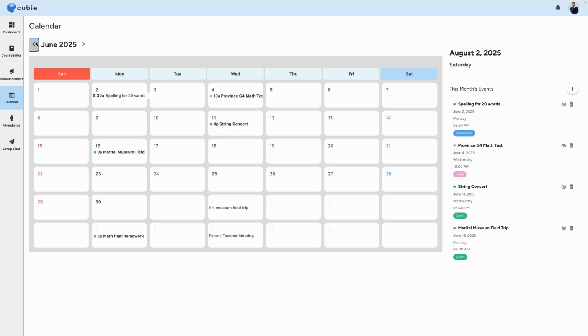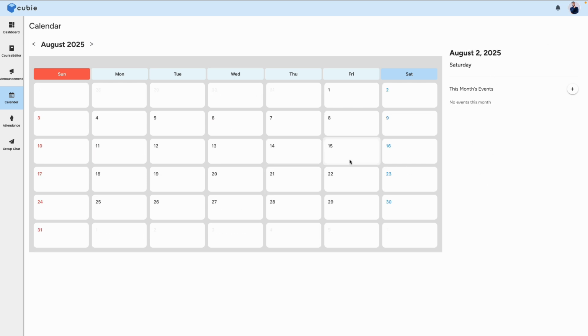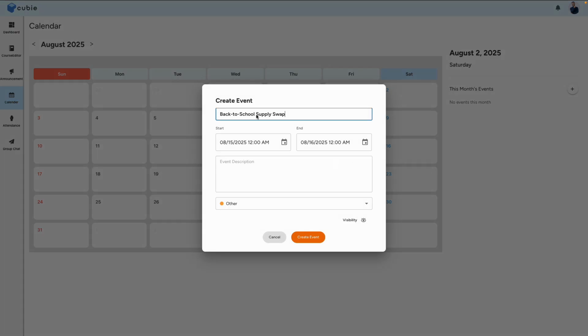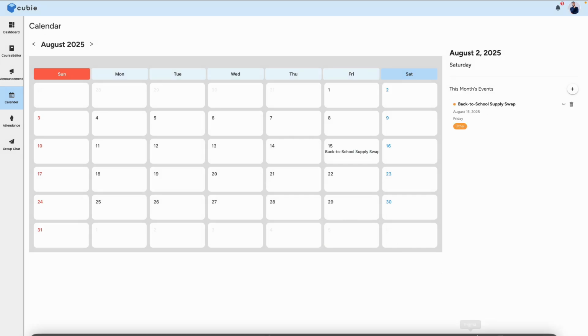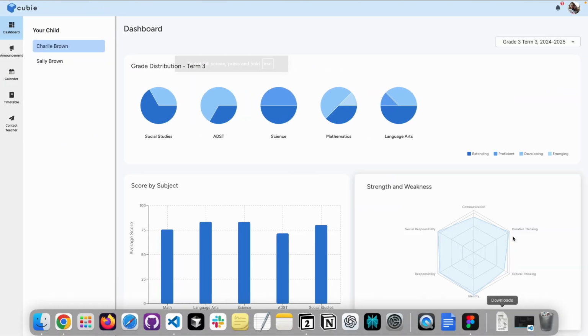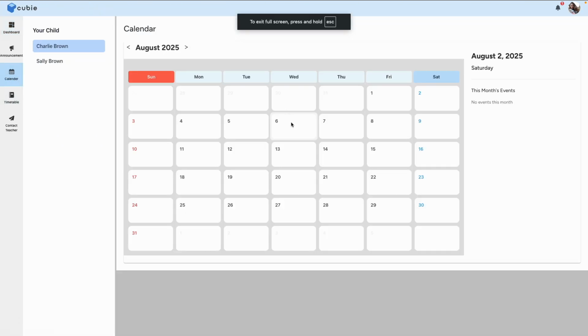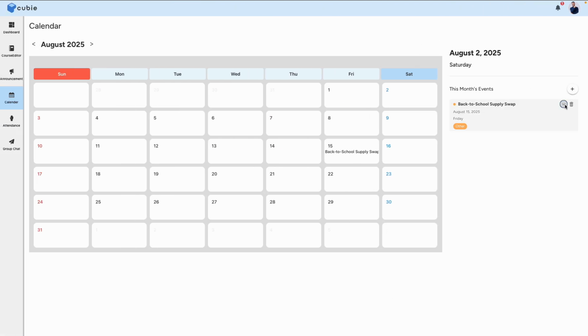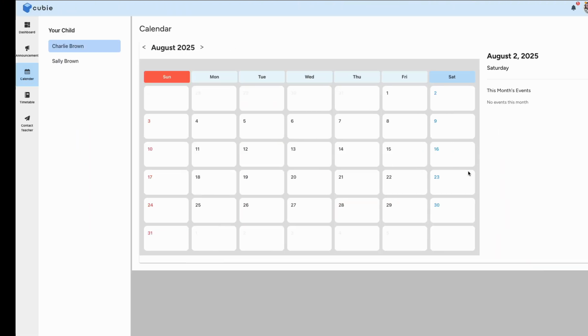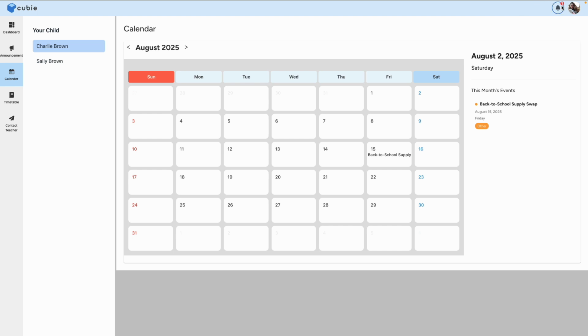Teachers can select the months by clicking the arrows and create an event by clicking the day block. After an event is created, teachers can make it visible for parents. Oh, now it's not visible. Teachers can make it visible for parents, and parents will get a notification at the same time.